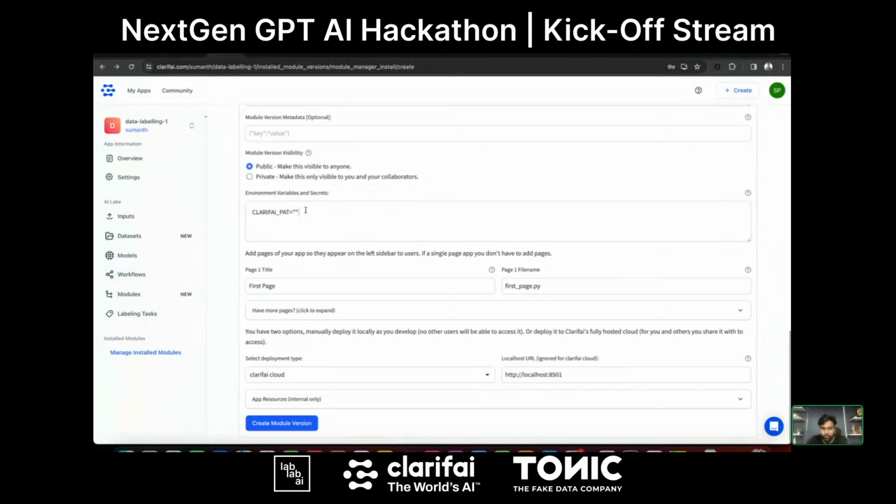So you can just add those details here. And using st.secrets, within Streamlit we have a method called secrets, and you can just get these details. For example, let's say I have the Clarifai personal access token here. You can access this within the app using that method within Streamlit, and you can use that in the backend, within your code. So you can just use this option, the environment variables and secret section. That's the reason why we have this.